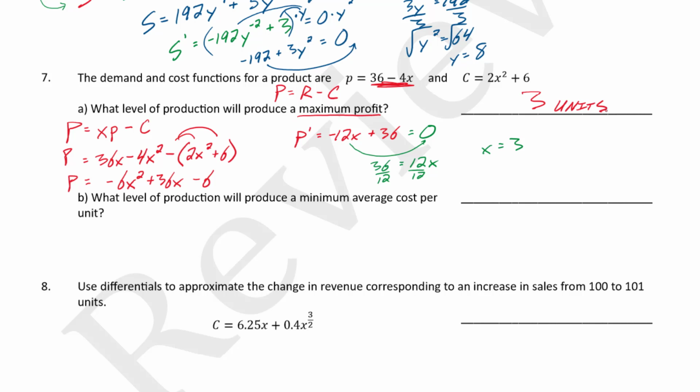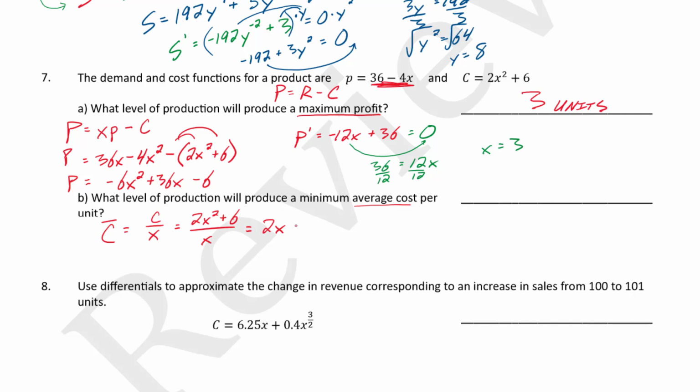As for part B, this one now wants us to do an average cost per unit. So average cost per unit is actually our cost function divided by x, or divided by the number of units. So that's average cost, which is like c with a line over it, would just be equivalent to c divided by x. So if we go ahead and figure out what that would be, it would be 2x squared plus 6 over x,